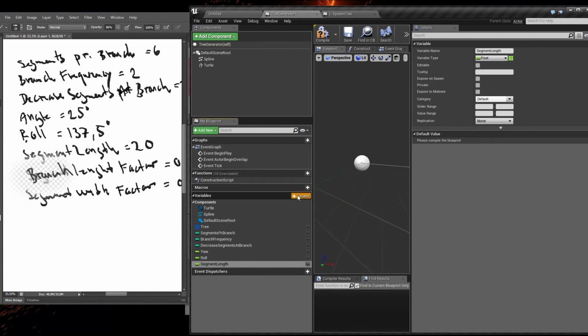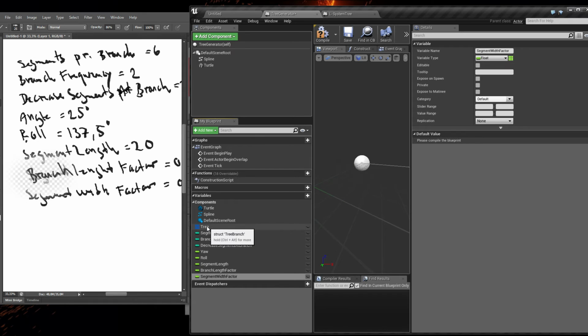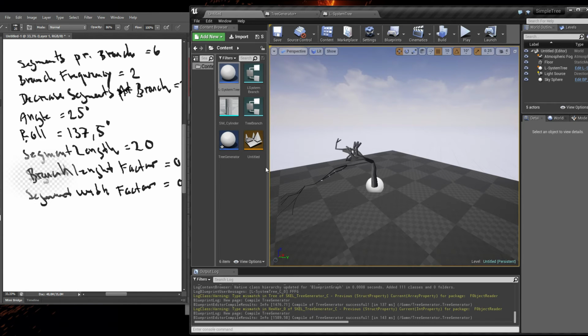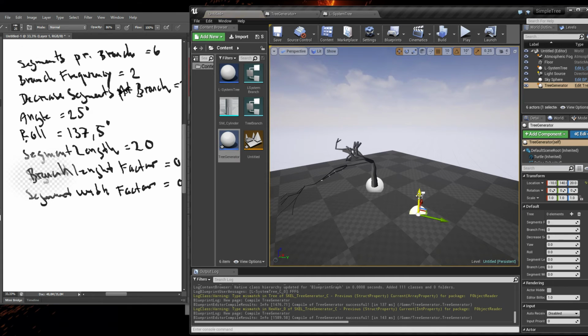And we're going to have the branch length factor and the segment width factor. Okay, so let's group up these things, because we want to expose all of this stuff here really, so we can see what we can edit outside in here. So if I drag out my tree generator, which currently doesn't generate anything at all, then we see